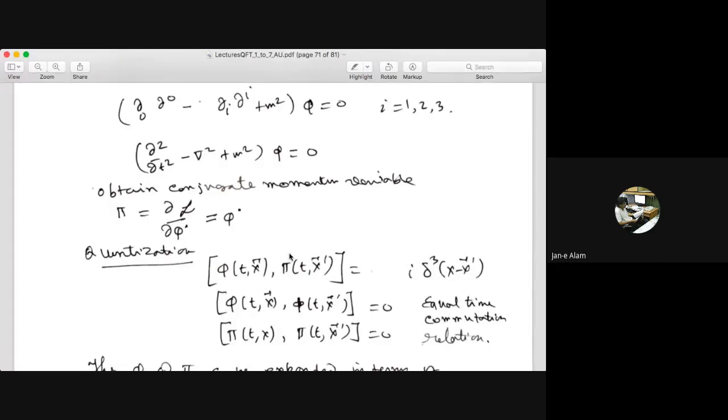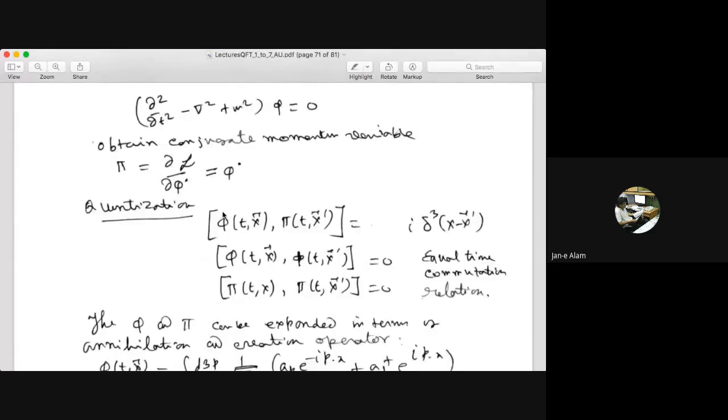Now, what we have done is we have quantized, right? As I mentioned in the very first class, in classical mechanics we promote the classical dynamical variables to operators and use the quantization relation [x, p_x] = i h bar. Similarly, in the case of the field, I have the dynamical variable phi, the scalar field, and its conjugate momentum pi. So I have put the quantization conditions for phi and pi, and the other commutation relations are given here, right? They are 0.